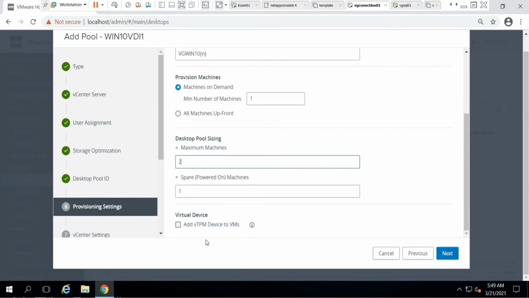Next is virtual device, add vTPM device to VM. Sorry, TPM, a trusted platform module. What is this? It's a computer chip or a microcontroller that can securely store artifacts used to authenticate the platforms of your PC or laptop.